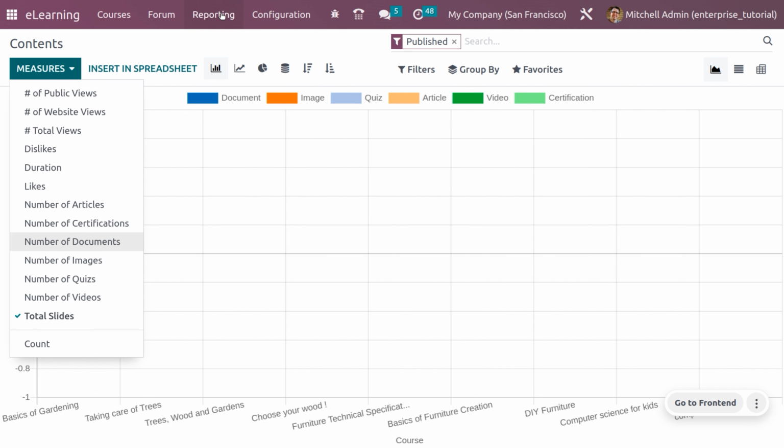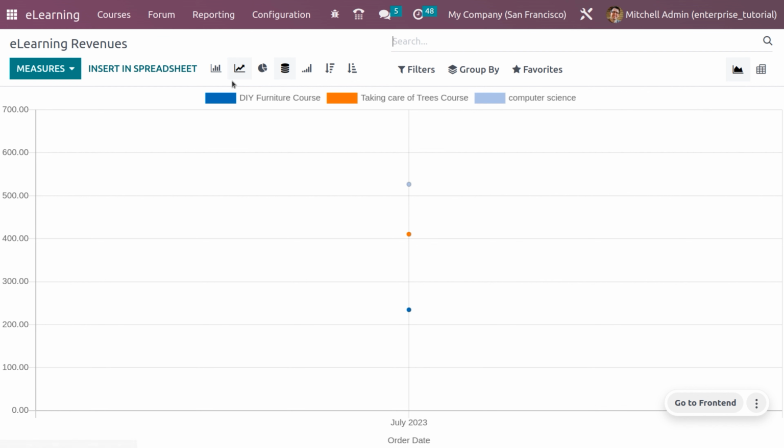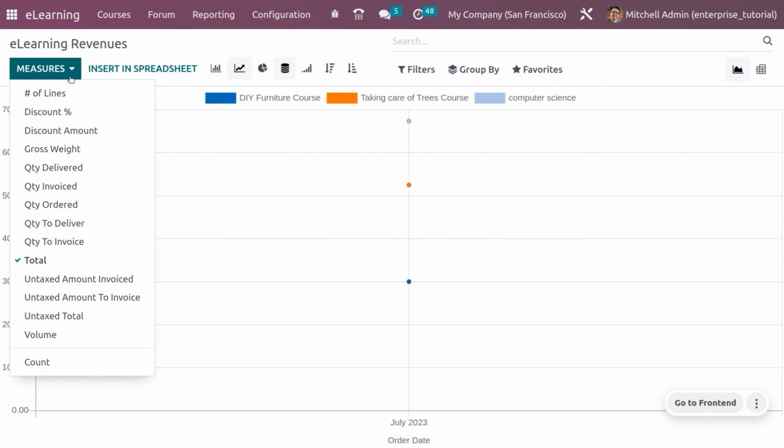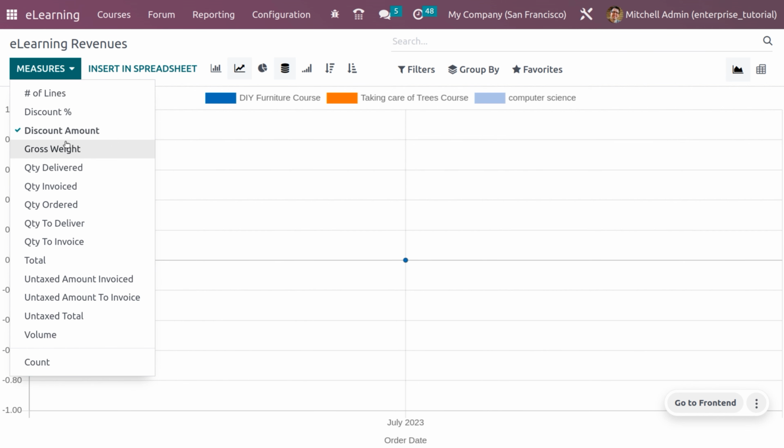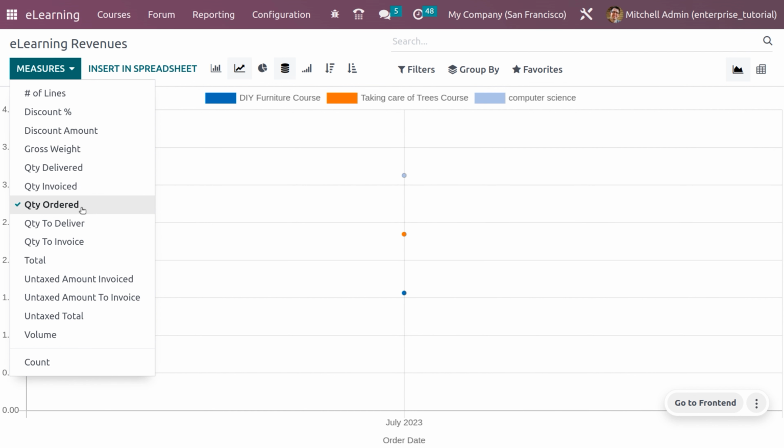And you can also get the report of the revenues. Some of the courses might be provided for free, and some will be paid courses. So when you go to the measures, you can get the courses based on percentage of discount, discount amount, as well as gross weight, the quantity that is delivered, the quantity that is invoiced, as well as the quantity ordered by the user, the quantity that is delivered to the user, and the quantity that is invoiced to